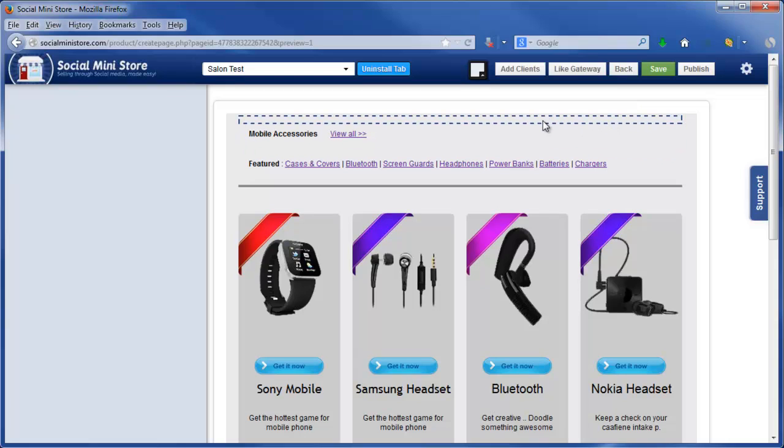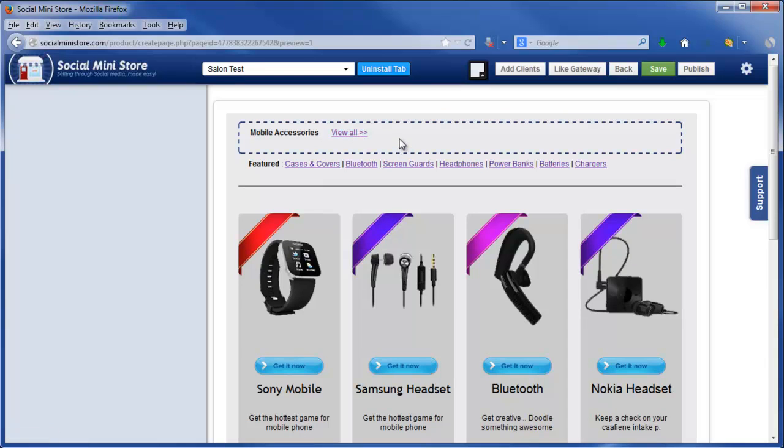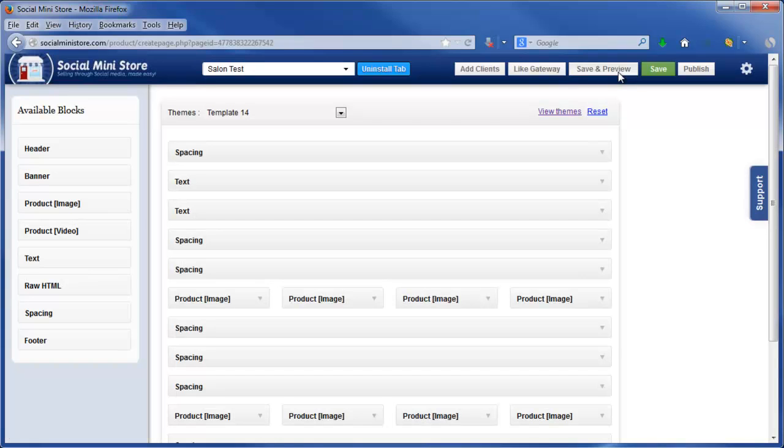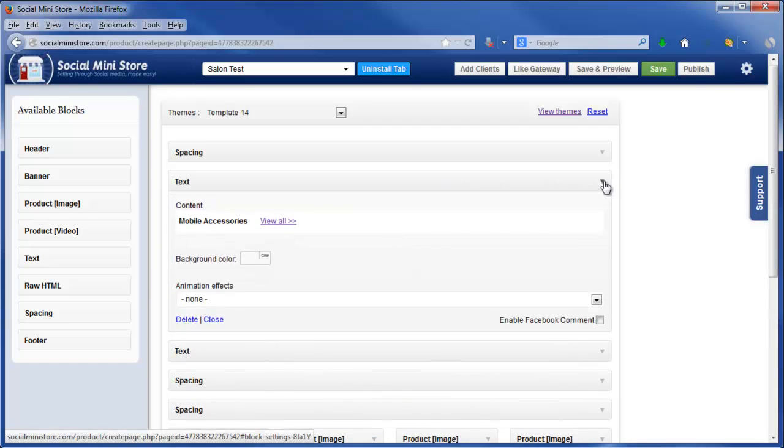There's some other interesting things about this one as well. Notice you've got the links. Now this is a text content. See, text, text, spacing, spacing, for product images. There's spacing, product images. So in the text, which can be edited here or on the content page,